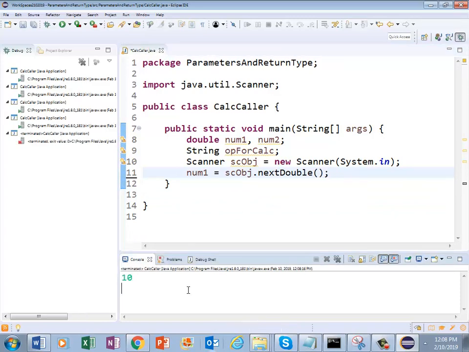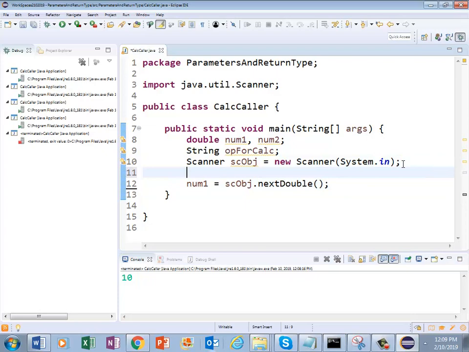If I write 10, 10 will be saved in number 1, that's it, there's nothing else. But here's the thing, if you do it in that way, right, if you put an output message here, System.out.println, you put an output message here,